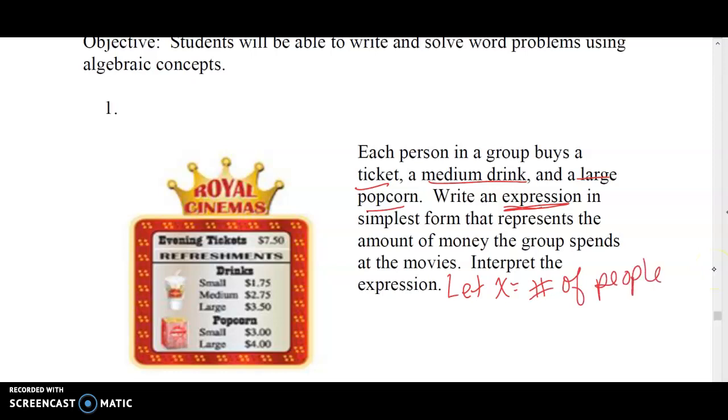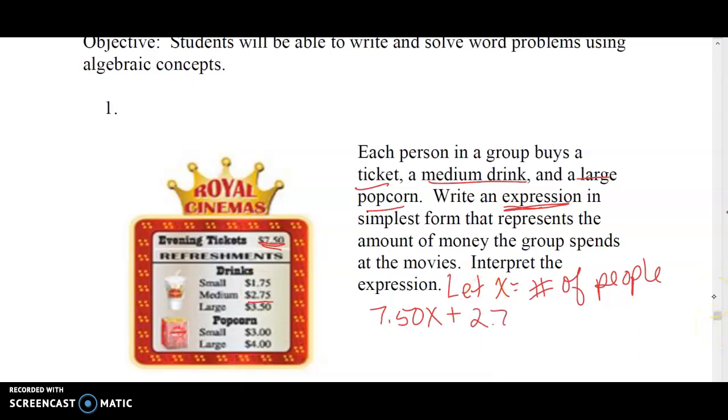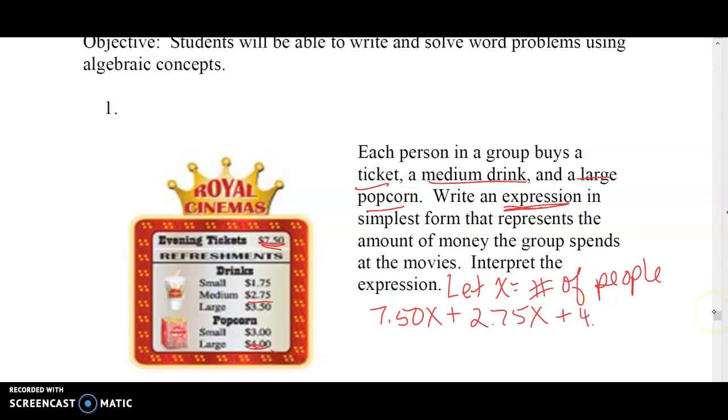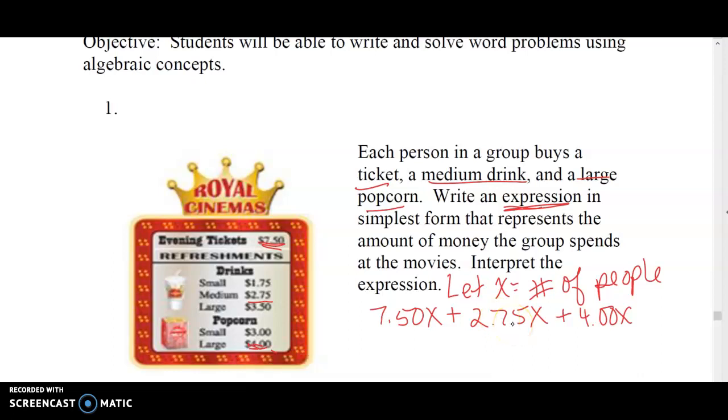So then if each person bought a ticket, that's $7.50 times however many people. They also bought a medium drink, which is $2.75, so plus $2.75 times however many people. And then they also bought a large popcorn, that's $4, so $4 times however many people. It says to write an expression in simplest form that represents the amount of money the group spends at the movies. So they all spent $7.50 on the ticket, $2.75 on the drink, and $4 on the popcorn. So combine your like terms and you're going to get